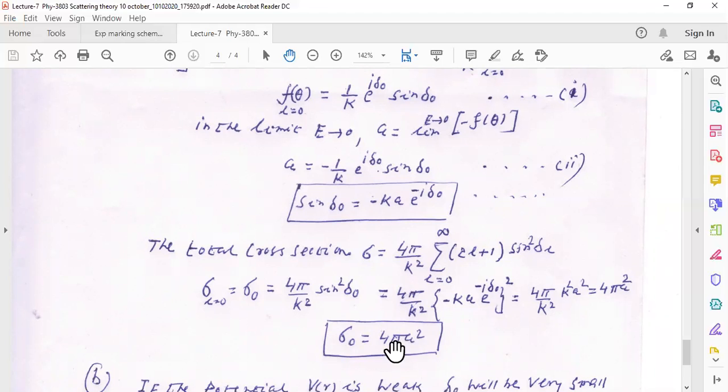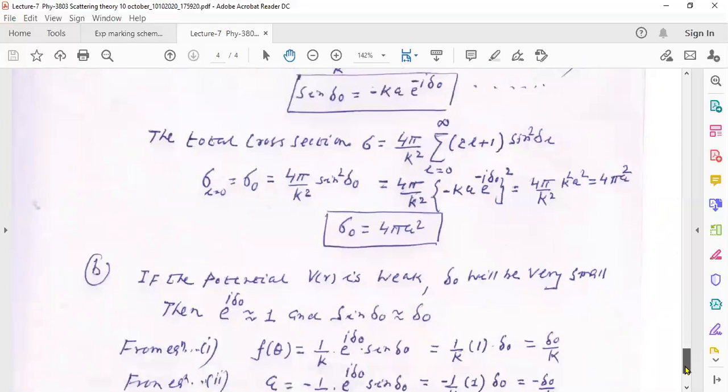And this is only possible when you have low energy scattering, when the incident particle is moving along the z direction with a very low energy. In that case, if it is scattered, then the scattering cross section will be of the order of 4πa², right? And now you see, this is basically a surface area. If you have a sphere of radius r, what will be its surface area? 4πr².